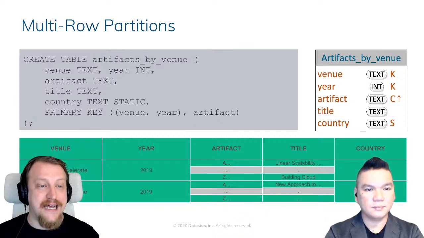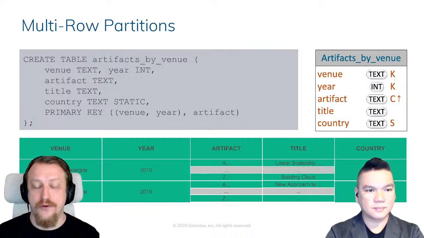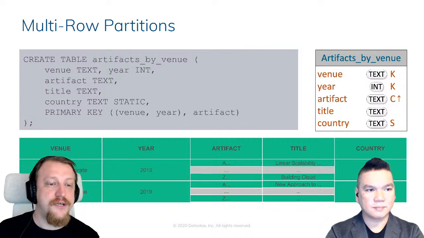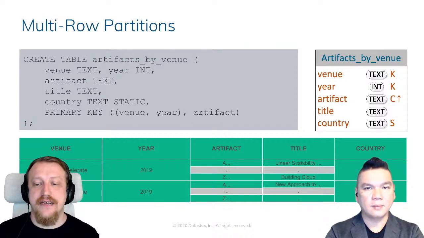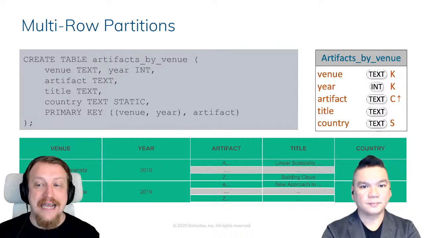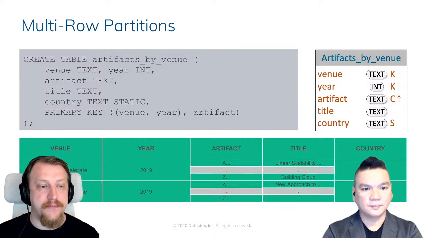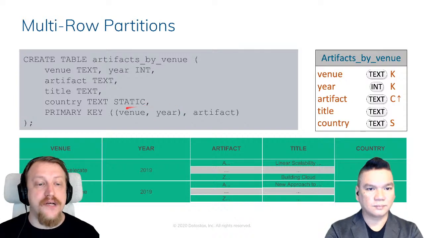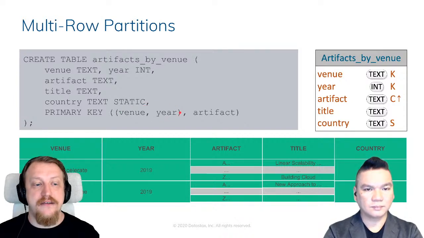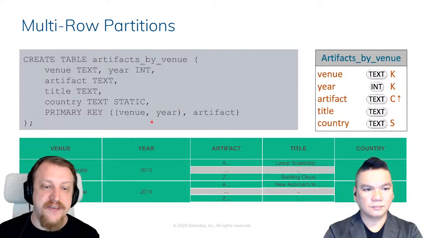So we can use static country in this case. It will be USA, or whatever you use when inserting a row, for all the data within the partition. And finally, we define the partition key. The partition key in this case is defined as venue and year. So venue is the location and year is the year when it happened. So we have a composite partition key that identifies the partition based on the venue and year there something happened